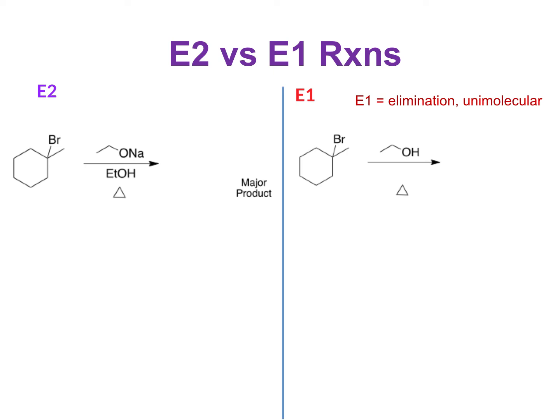Would it be to the left, to the bottom, or to the right, the double bond? Right, you could say either to the left or to the bottom. They're actually symmetrical, so either one's fine. So I'm going to draw it this way, and that's going to be my major product, right? So E2 is going to give me the most stable double bond, the Zaitsev product, and the mechanism would look